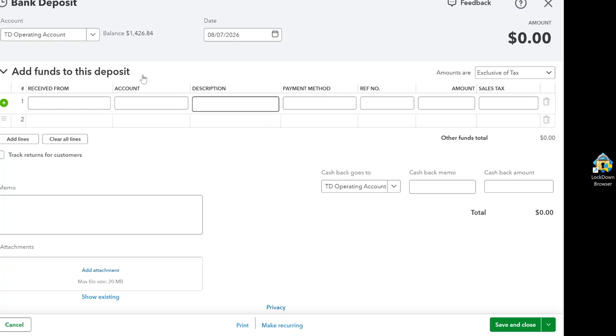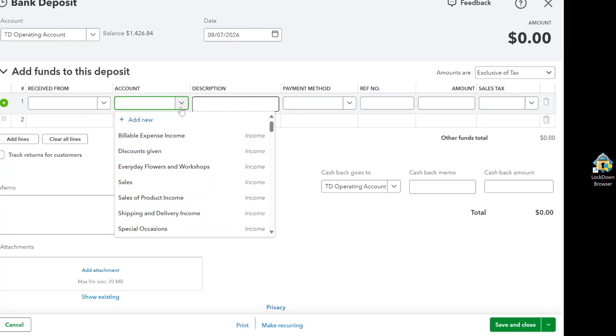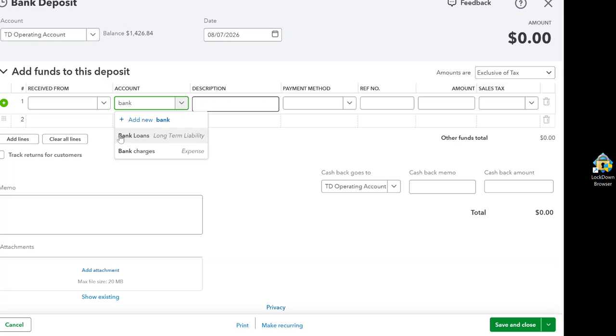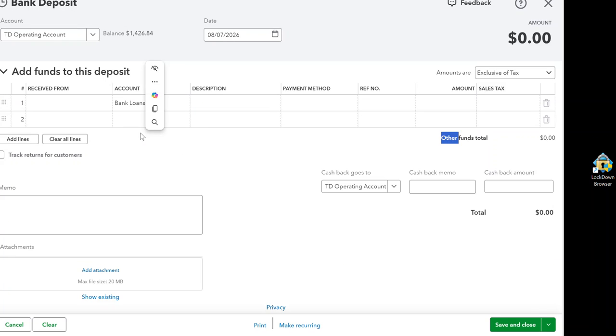In this transaction you are asked to create a long-term liability. I already created it with my class. I am going to pick the account, and it is a bank loan long-term liability. What I'm going to do is show you, sorry,